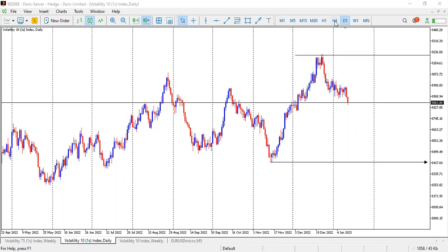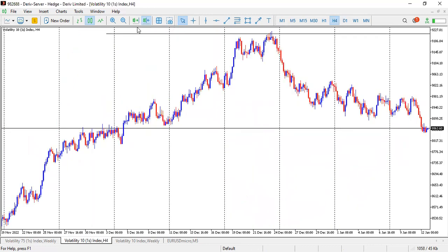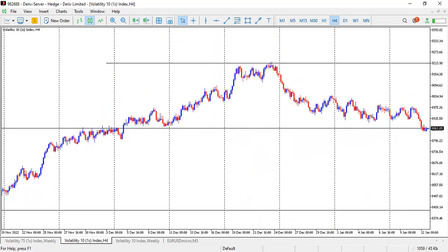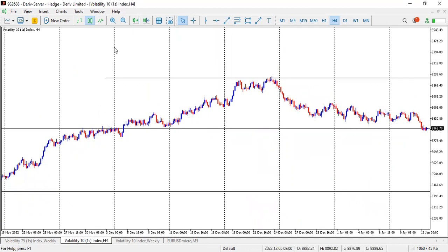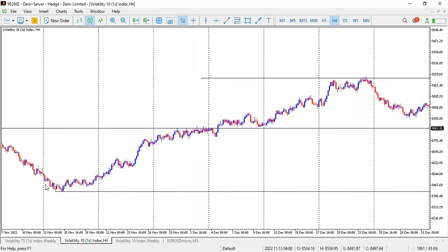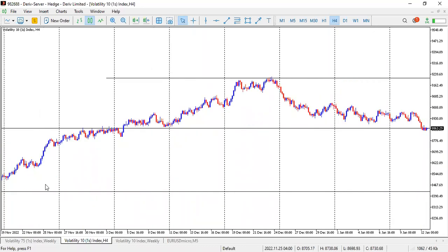So let's go down to our 4 hours time frame. On our 4 hours time frame, let's see what we have. We actually see the same range that we have aligned together with our same thing. You can see this is our swing high, and this is our swing low on our 4 hours time frame. And since we've actually established this now, from your 4 hours time frame, you need to